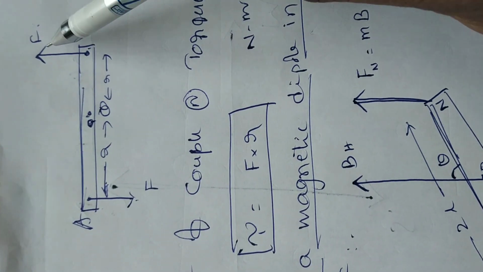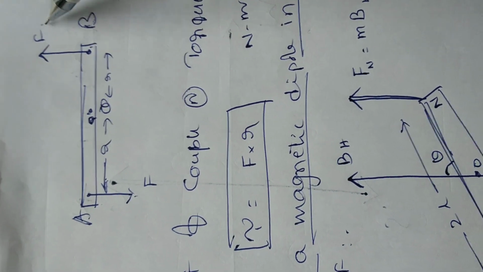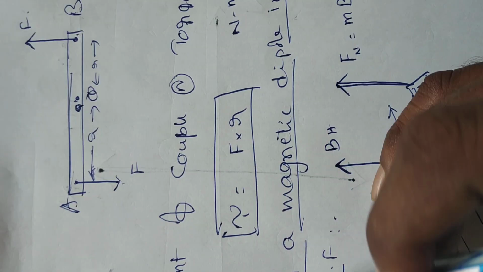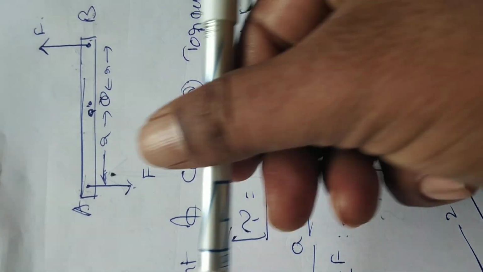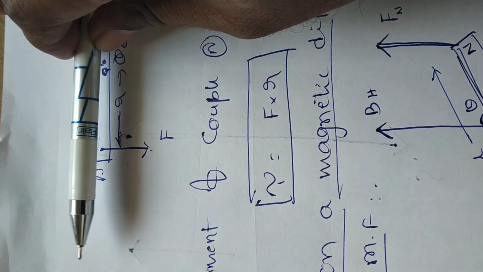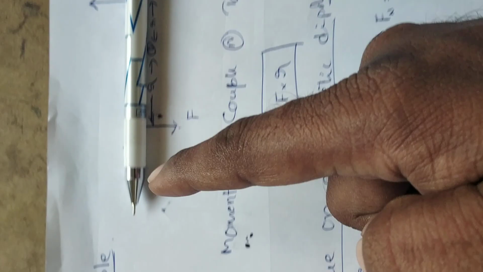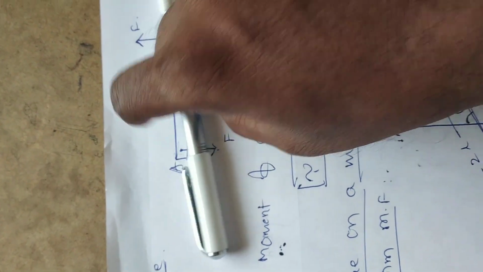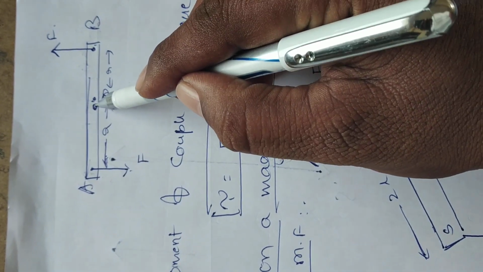But observe these two forces clearly. These two forces are equal in magnitude and opposite to each other. Opposite to each other means unlike forces. So these two forces try to rotate the rod in what direction? Suppose this is a rod. Here a force is applied at this end in the upward direction and at the other end in the downward direction, so that the rod will try to rotate in the anti-clockwise direction about the point O. That means a turning effect will be produced in the rod.